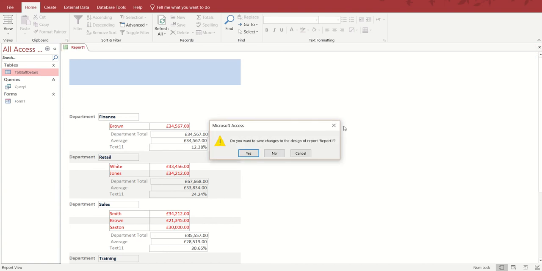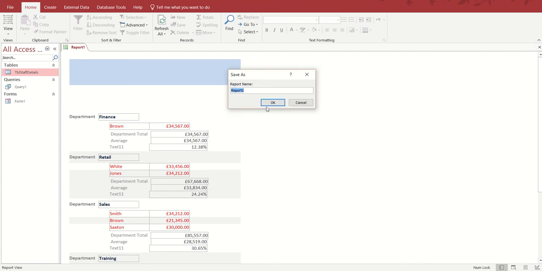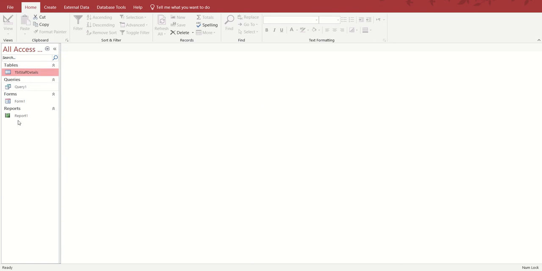I'm just going to close down and save that for a moment. OK to that. And now I'm just going to go back to the query and create a calculation query that doesn't involve me doing any formulas. It's just there that you can just select it from Access. And then I'll go through the wizard and create a report similar to what I've just created there manually using the wizard. So first off, query